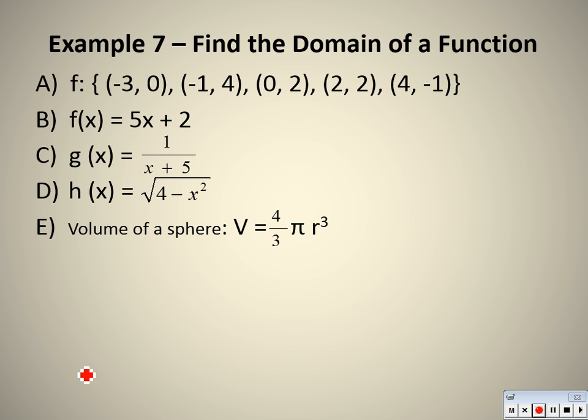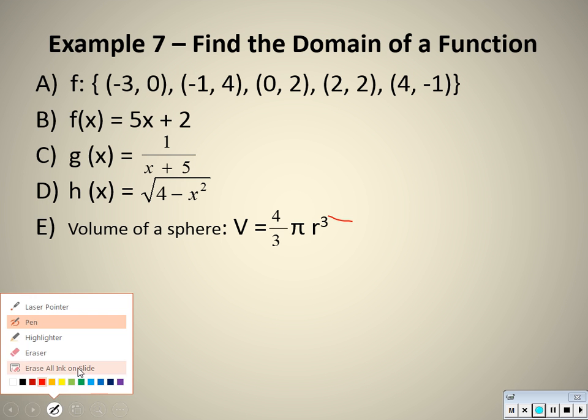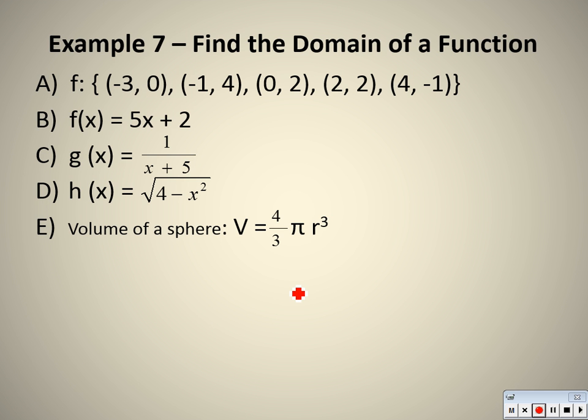it gives you the formula for the volume of a sphere. And it has volume equals 4/3 pi r cubed. So hopefully you notice here that you have an equation where there is no variable in the denominator, and you also have an equation where there is no variable inside of a square root. So at face value, you may look at this and say that the domain for this is all real numbers. And because this is a problem where it gives you a formula in context, that's not necessarily the